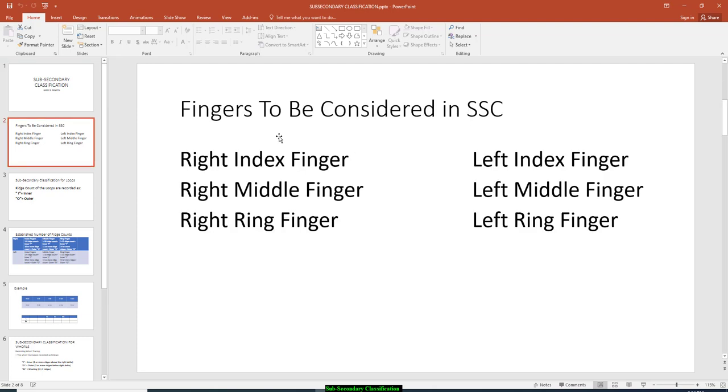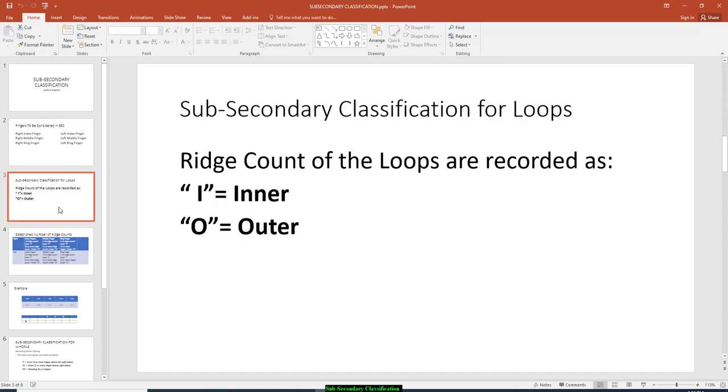The fingers to be considered in the sub-secondary classification are the following. This is where you will focus only for sub-secondary. We have the right index finger, left index finger, the right and left middle finger, and the ring finger, left and right hand. Let us proceed. For subsecondary classification for loops,